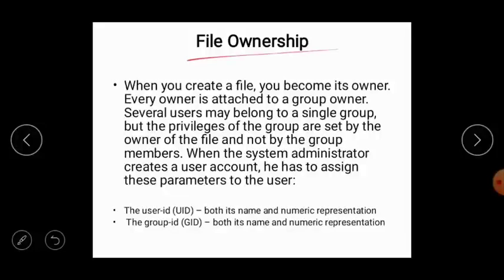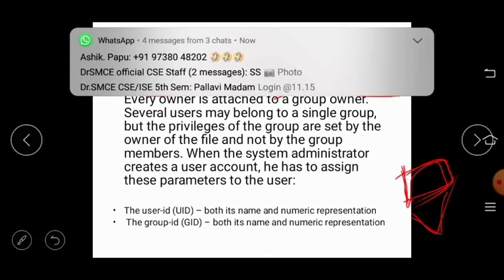Next, file ownership. Okay, who is the file owner? Okay, how will one become the file owner? Will see. Okay, when you create a file, you become its owner. Means ಒಂದು ಫೈಲ್ ಕ್ರಿಯೇಟ್ ಮಾಡಿದ್ದೀರಾ ಅಂದರೆ, ನೀವು ಕ್ರಿಯೇಟ್ ಮಾಡ್ತೀರಲ್ಲ ನ್ಯೂ ಫೈಲ್ ಅಂತ, ದೆನ್ ಯು ವಿಲ್ ಬಿ ದಿ ಓನರ್. ಓಕೆ, ಯಾರು ಕ್ರಿಯೇಟ್ ಮಾಡ್ತಾರೋ ಒಂದು ಫೈಲ್ನ, ಹಿ ವಿಲ್ ಬಿ ದಿ ಓನರ್ ಆಫ್ ದಟ್ ಫೈಲ್. ಓಕೆ, ನೆಕ್ಸ್ಟ್,